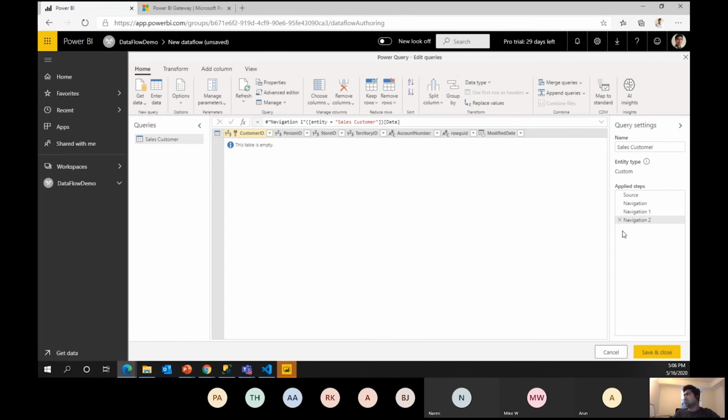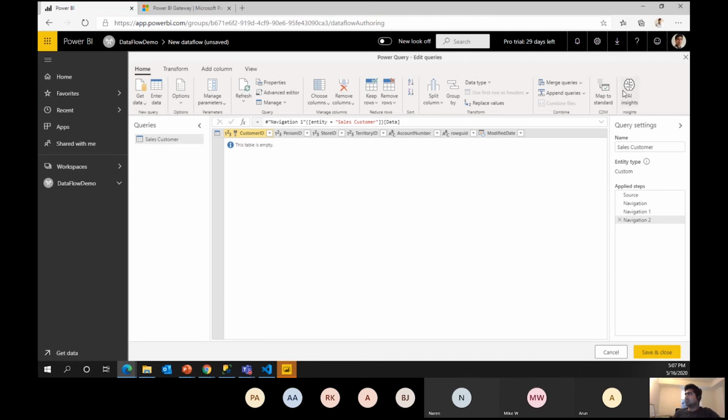Okay, it is showing this table is empty, maybe because we have not refreshed that data yet. Once it is refreshed, it will be done. But you can perform any operation on top of this, and then you can again save it as a different table, or you can go for merge queries. So if you know Power BI, you can merge this with another table or another query, and you can save it in a new table. And again, you can leverage that as a part of data flow. And all these operations will happen on data lake Gen 2.